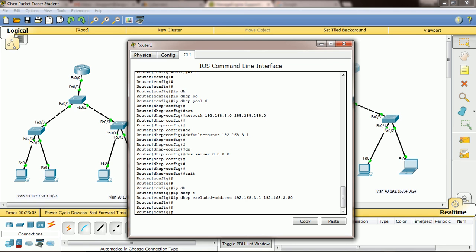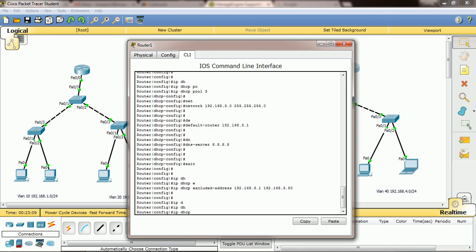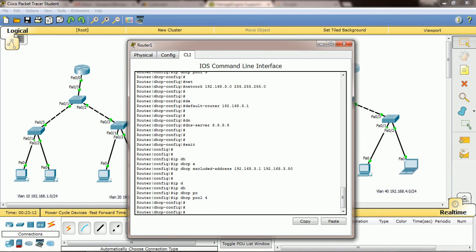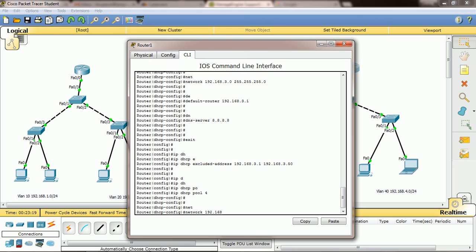Then one more pool we need to create, ip dhcp pool 4. Then for the network, 192.168.4.0 is the network we are using.